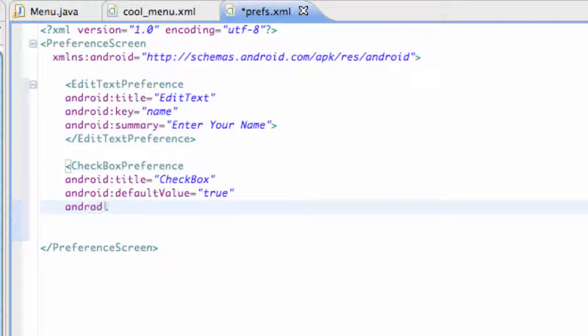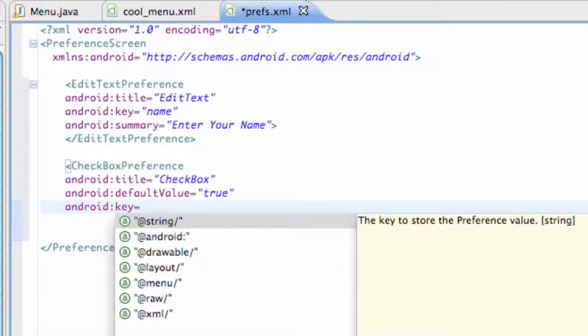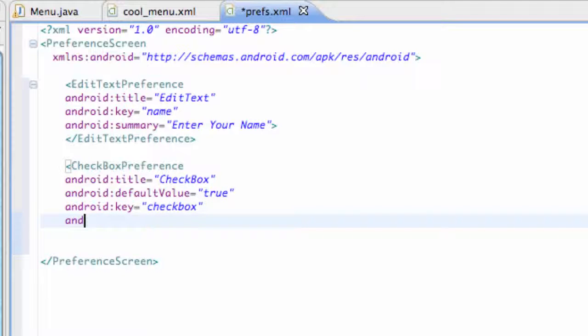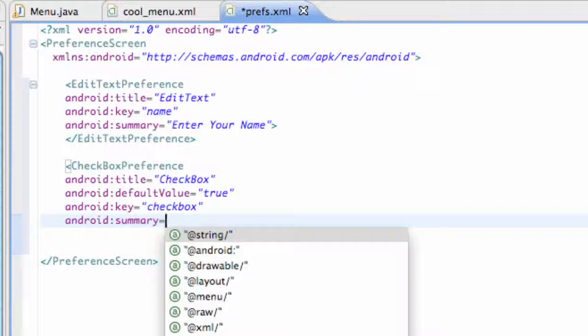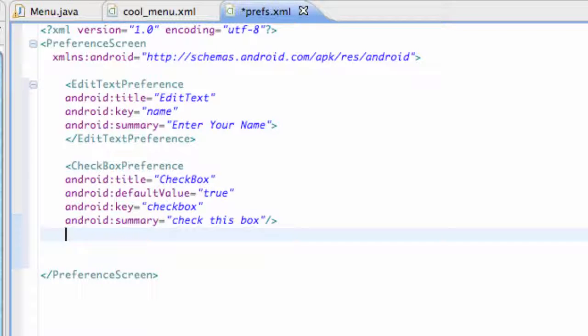and also we're going to add a key reference. So again, it can save it, and we're going to call this key reference checkbox. This isn't really going to do much, but we're just setting it up for the most part. And again, Android summary equals check this box for the most part. Nothing spectacular. And then we're just going to finish it by slash, less than sign,